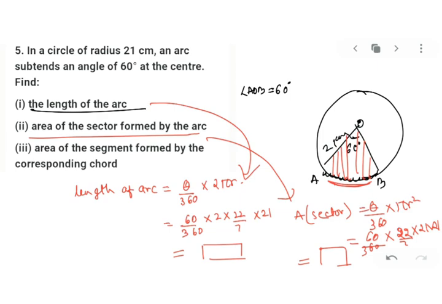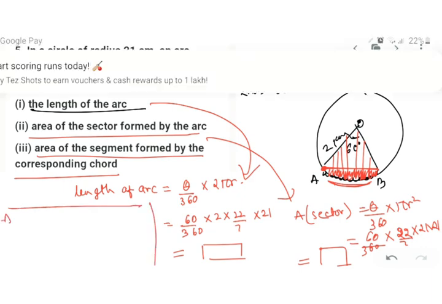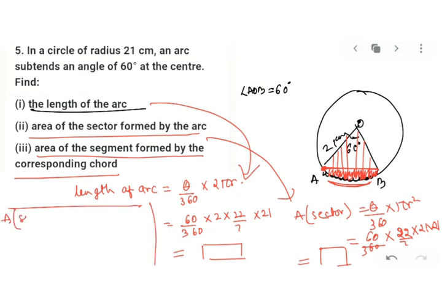Now you have to next find area of segment formed by corresponding chord. अब अगर मैंने ये AB join कर दिया, so this is the segment. I have darkened the red part. Can you see this? This will be called as a segment. Now how to find the area of segment, my dear kids? We have already done. Area of segment is